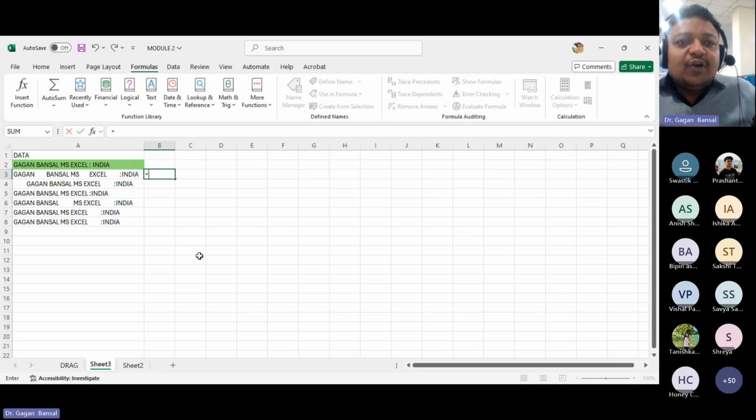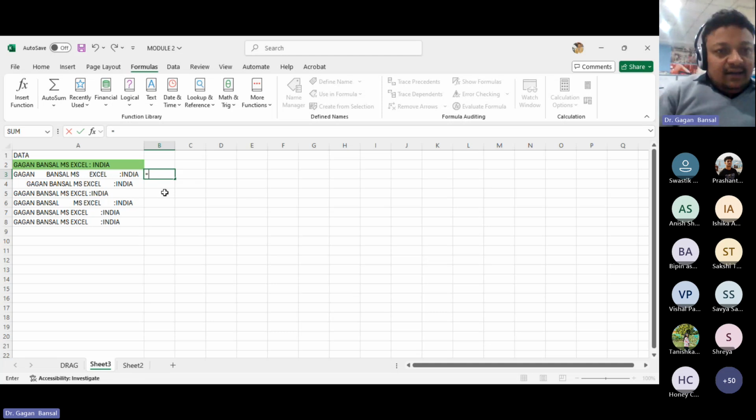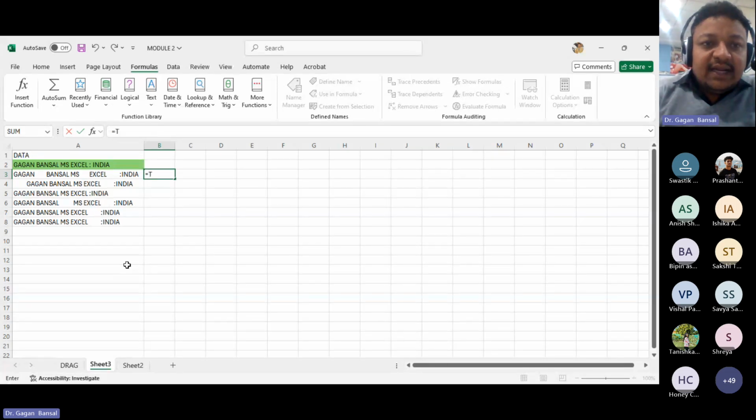So before coming to formulas, I was just trying to tell you a small effective trick: if you have very uneven data and you want it to be written effectively, so that if the words are Gagan Bansal MS Excel India, it should have only one space between every word. For that, you have a very simple trick in MS Excel. Press equals, which is used to enter any kind of formula in Excel. Then try to type